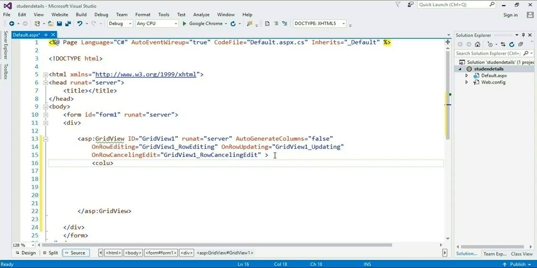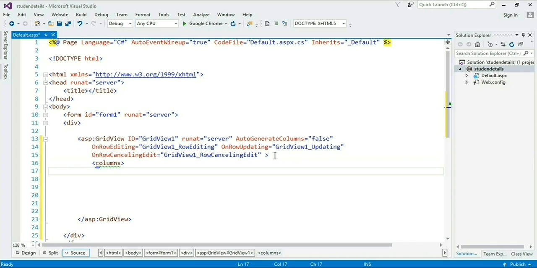Okay, now I am taking a template field. Before the template field I am taking a column, close this column, and under this column I am taking a template field.